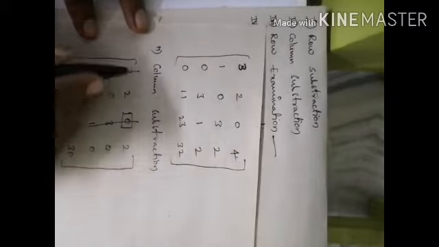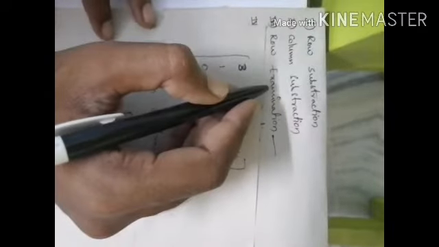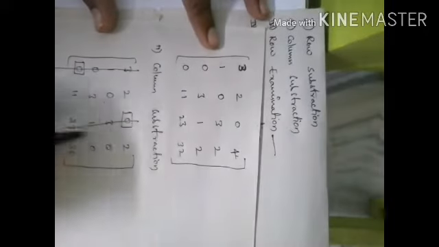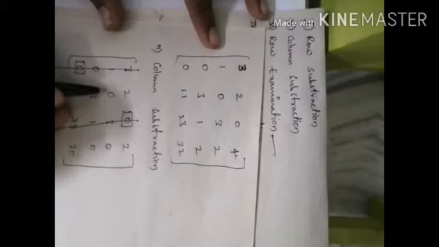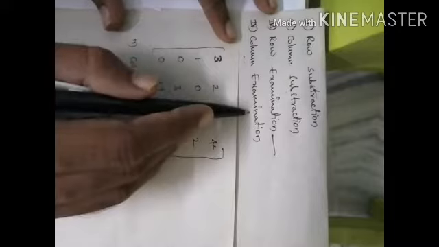So this is row examination. After the row examination, we need to check whether we are covering all the zeros with the lines or not. All the zeros are not covered here with the lines; here 0 is available, and here also two zeros are there. So the next step is we need to go to the column examination.